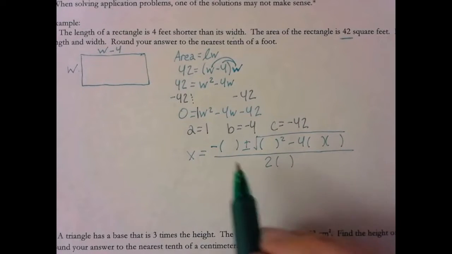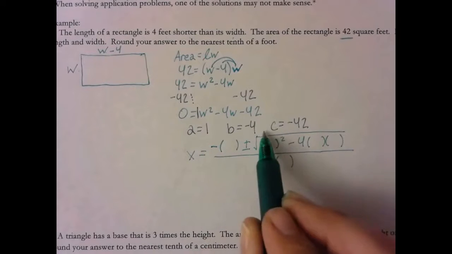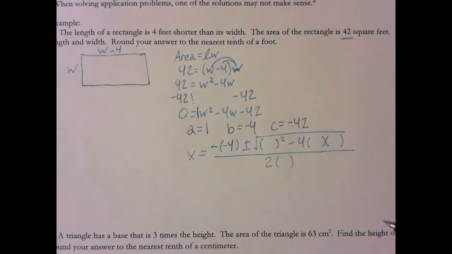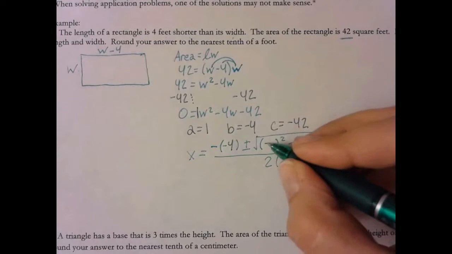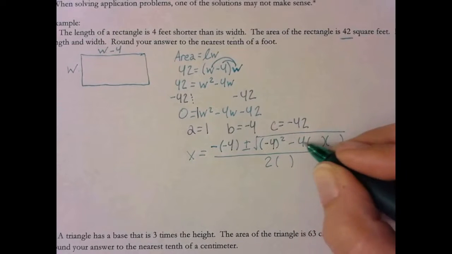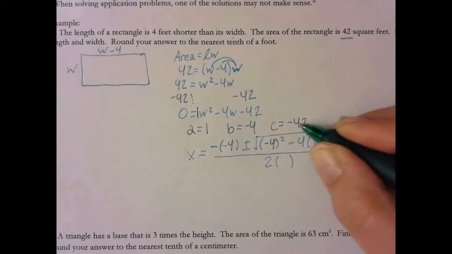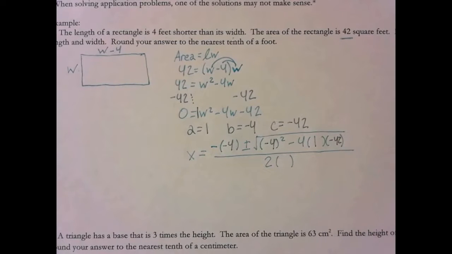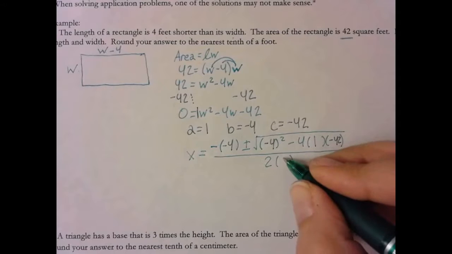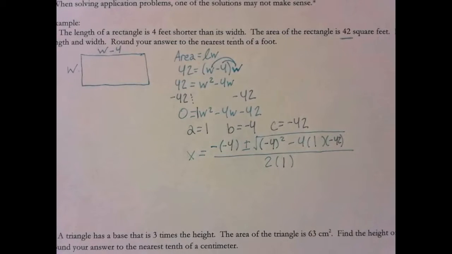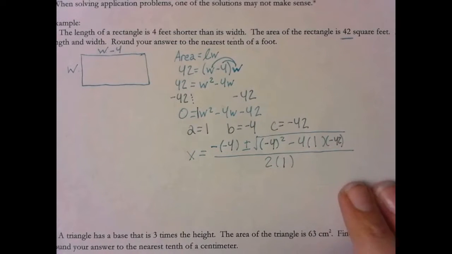Now we fill it in with the numbers. We know this should be a b. b is negative 4. This was b squared, so we put in negative 4. Minus 4, a is 1, c is negative 42. It's all over 2 times a. Again, a is 1. All right, now we've got it filled out. We need to simplify some. So what I would do is